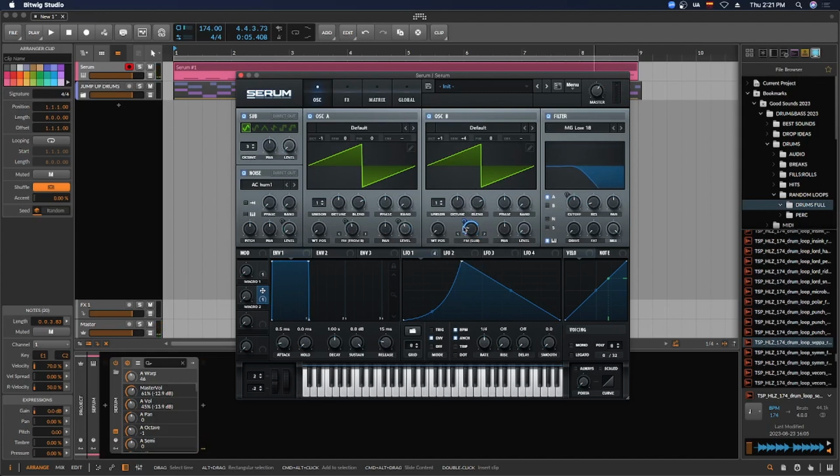Remember that when you set it to both ways on the bipolar, you need to make sure your macros are on 50%, and then it will start in the middle according to going both ways. So you always need to make sure that this is on 50, and that's going to start where the line is on your knob there. If you turn it up, it's going to go up further that way, and if you turn it down from 50%, then you're going to start coming into this kind of area here. So as you can hear, we've got the original sound back now, and if I play with this macro,